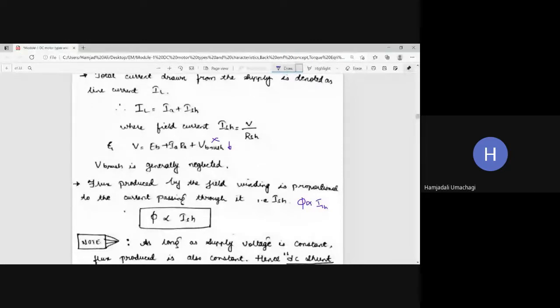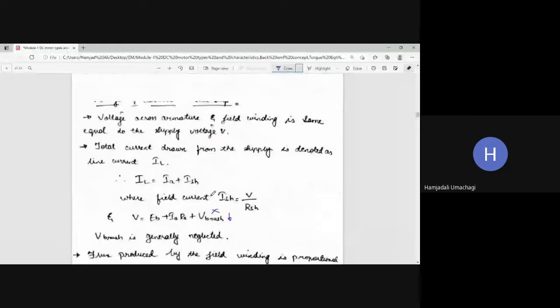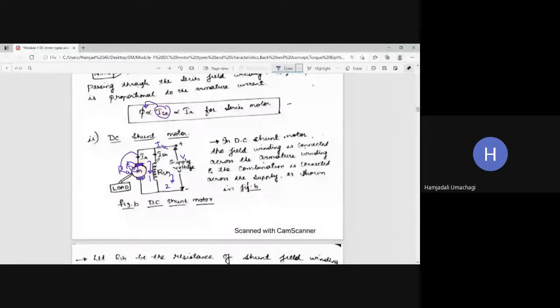Okay, so now flux produced by the field winding is proportional to the current flowing through it. It means that the important required flux for us will be given by this field winding, that is the phi value. And this phi value, which is nothing but the useful or working flux, is dependent on the current flowing through the field winding. What is that? Ish. But that Ish will always be constant because of the constant supply voltage. Because of that, flux will always be constant for the DC shunt motor,